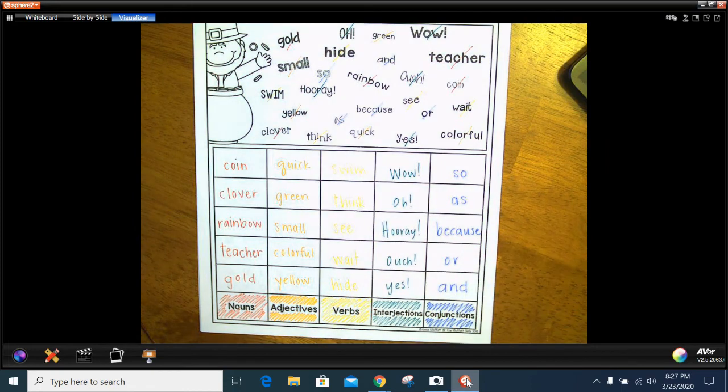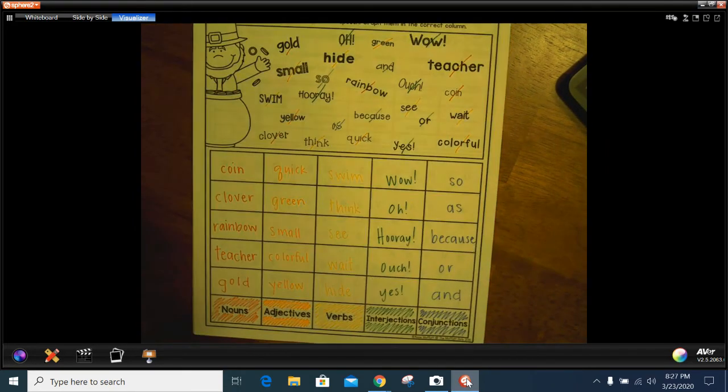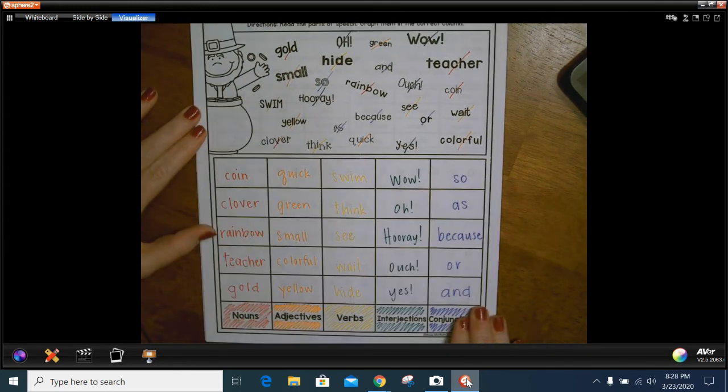Okay, and I want to give you a really quick, let's see, the parts of speech on graphing paper. I kind of did a little color coding here. Let me shut this light off. I think that might just be a little too dark for it. Let it adjust. You know how it goes, guys. Okay. So I did a little color coding here of my nouns, adjectives, verbs, and interjections, as well as conjunctions.